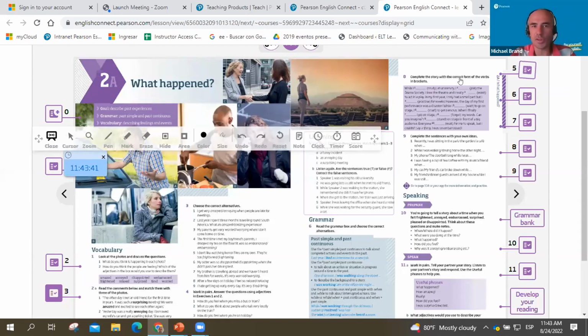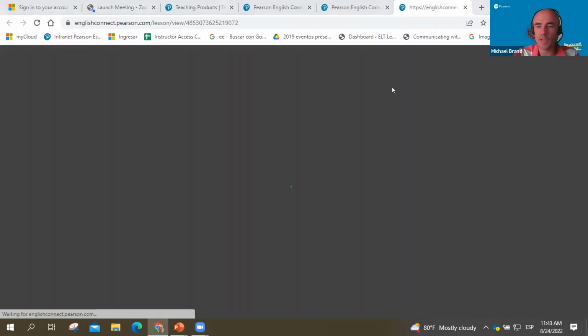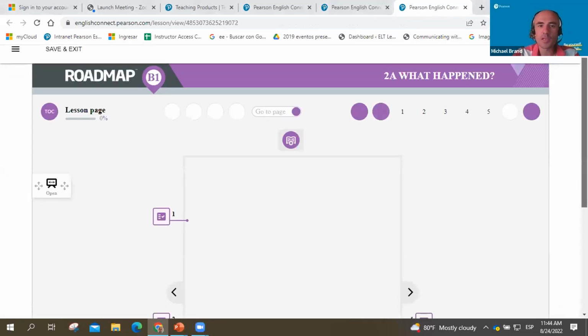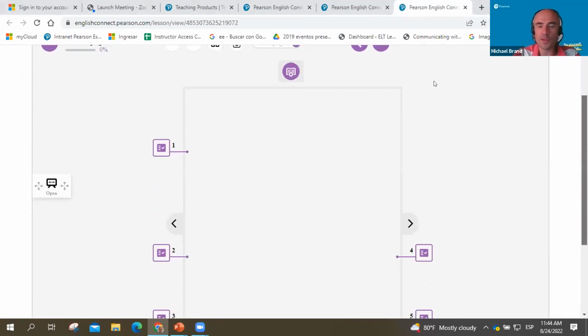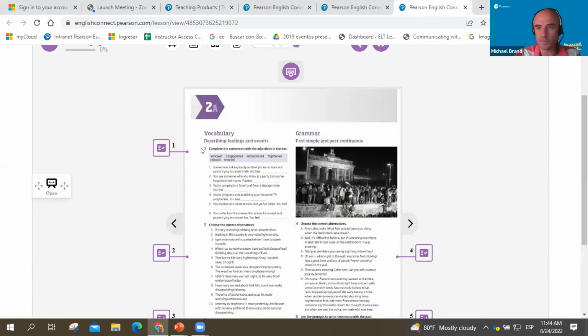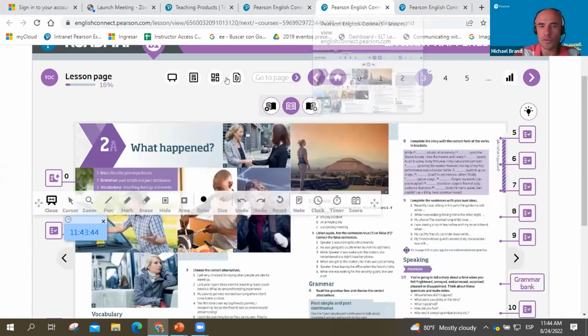So there are also all the extra resources for teachers. So the workbook is available. In case your students are using a paper workbook, you might want to project it onto the board and go over the activities. These can also be assigned online, but paper workbooks are available as well, so that you can do all the activities in the paper workbook in the same way as from the student's book. Okay. You can also access all of your resources here. Teaching notes we've mentioned.